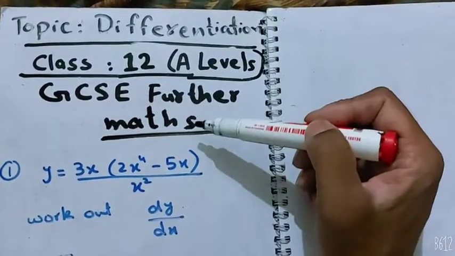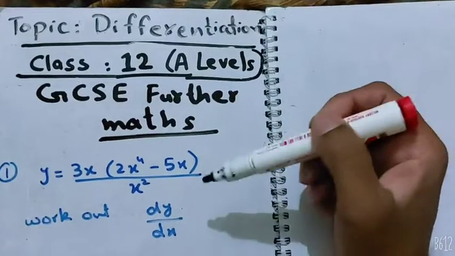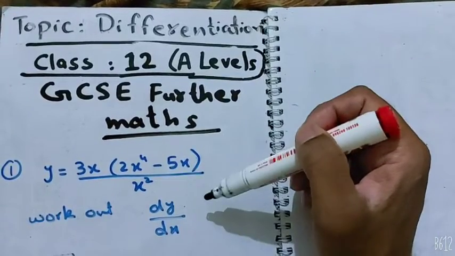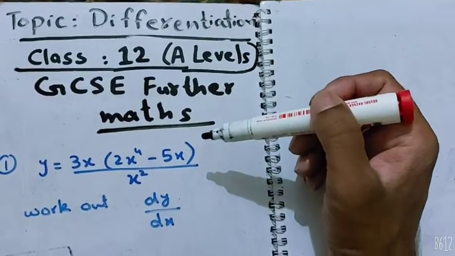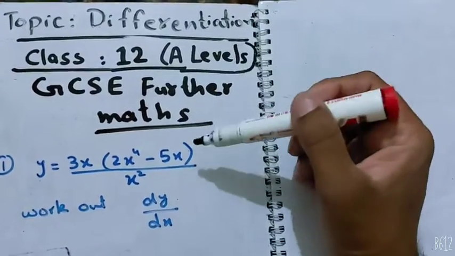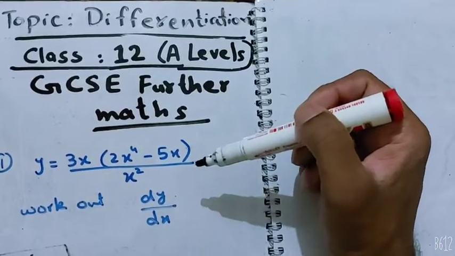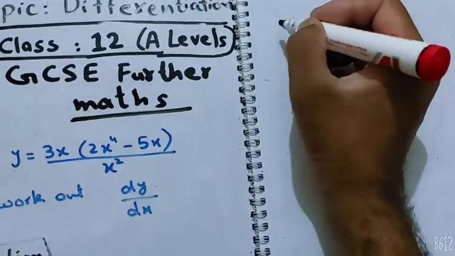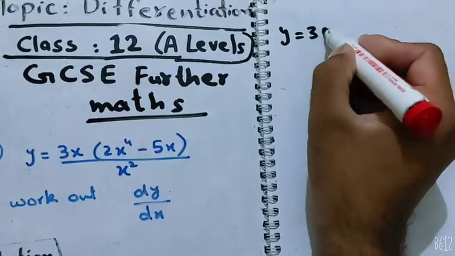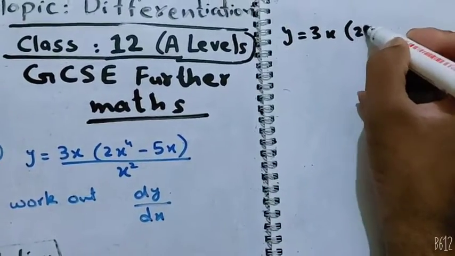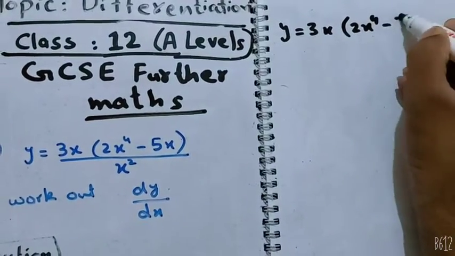This is specially designed for college students, class 12 or A-levels or GCSE further maths. This is a medium level question. That means you must have understood the basic level questions of this topic before understanding these medium and higher level questions. So let's start. Let me first write the question: y equals 3x(2x to the power 4 minus